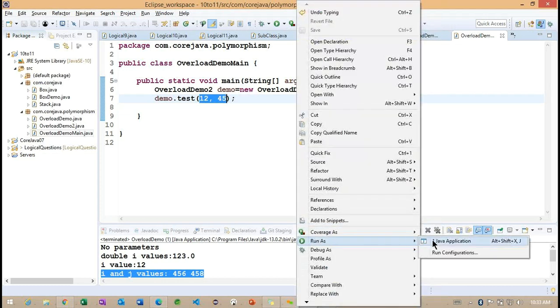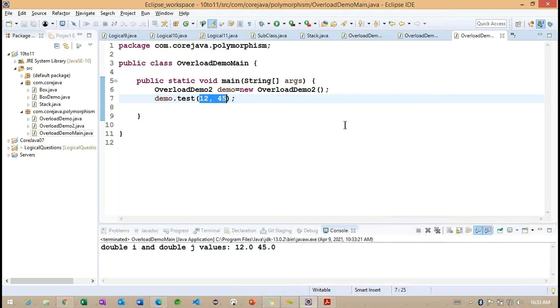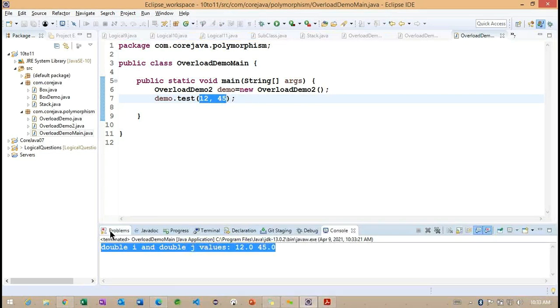If I run this simple example, we get an output. But now you can understand that the values are changed into the double data type. Why is it converted to the double data type? Because the parameter we made is a double data type, and it has more space compared to the smaller data type here.